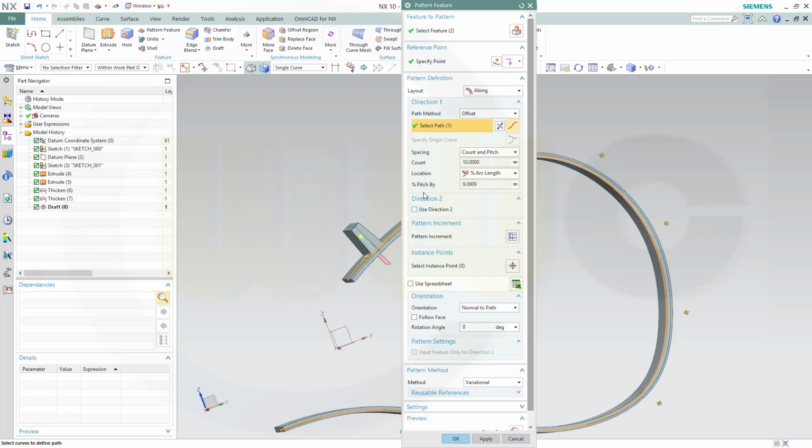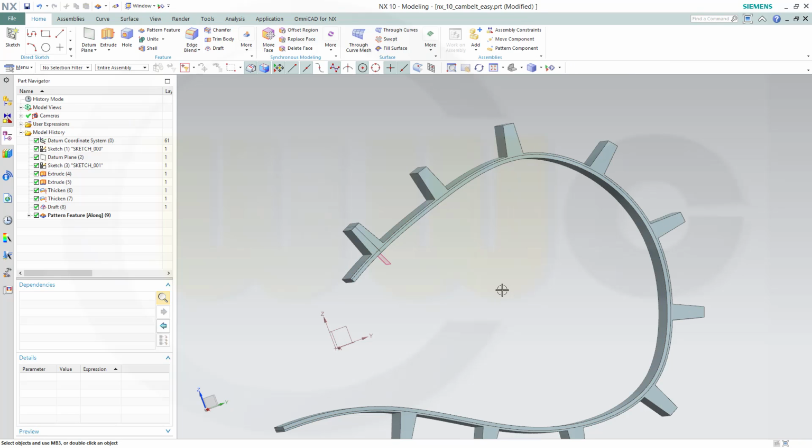And use path method offset. If you use rigid, the angle of this one will not stay, so go for offset. Okay, now